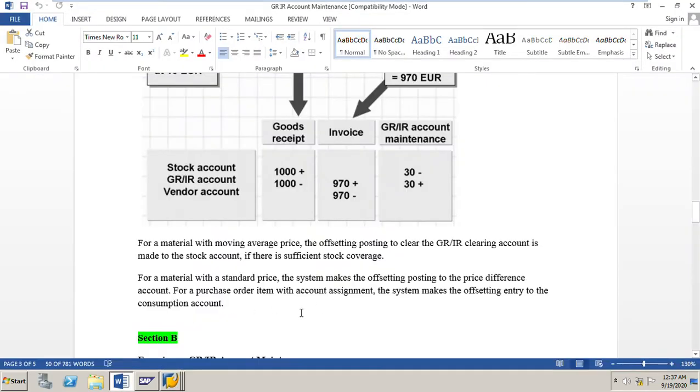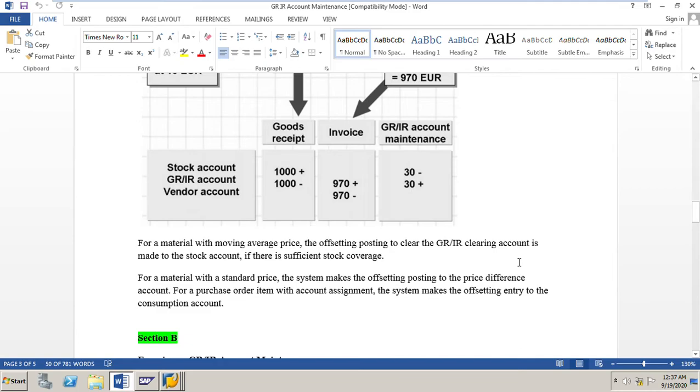Next, for a purchase order item with account assignment, the system makes the offsetting entry to the consumption account. That is the consumption account we used when we created the purchase order, like a GL account for a particular cost center. So this is the overview of GRIR account maintenance.